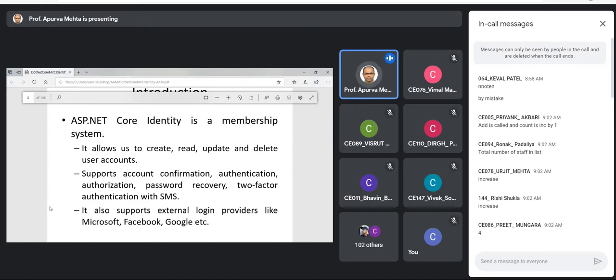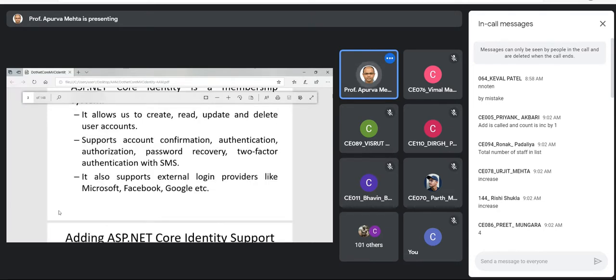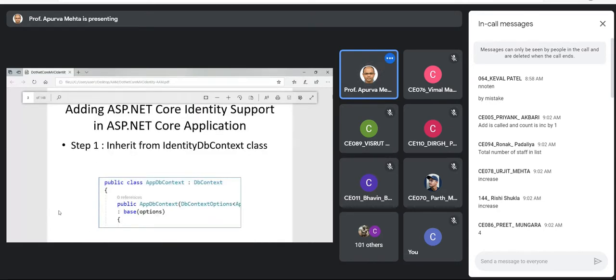All these things are supported via the Identity membership system. It also supports external login providers like Microsoft account, Facebook account, and Google account, through which you can give users access to your system.